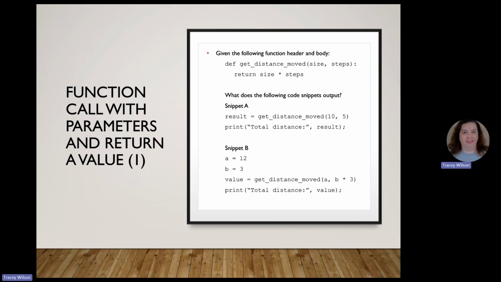So all this function does is multiplication on two numbers and return the value. Pretty simple function. So when I get ready to call it, I'm going to create myself a variable. In this case, I called it result because it's going to be the result of whatever math happened. I'm going to set it equal to the function call with the numbers I want the math done on. And then I'm going to print out whatever's in the result. So what this does when it gets down to this portion is just